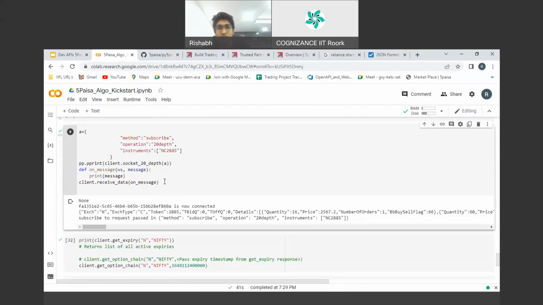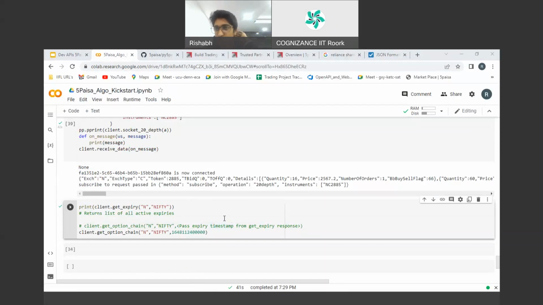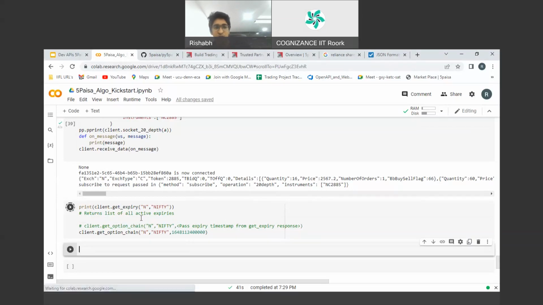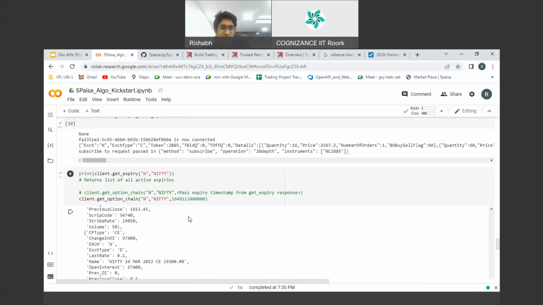Then you might have also read about what an option chain is. How many people have heard about option chain from Ruchit? Again, you can give me a thumbs up. Option chain is something that will help you analyze what the market trend is and where the market currently is. If you want to see the option chain for Nifty, you just have to run these two lines and you will get to know what is happening.